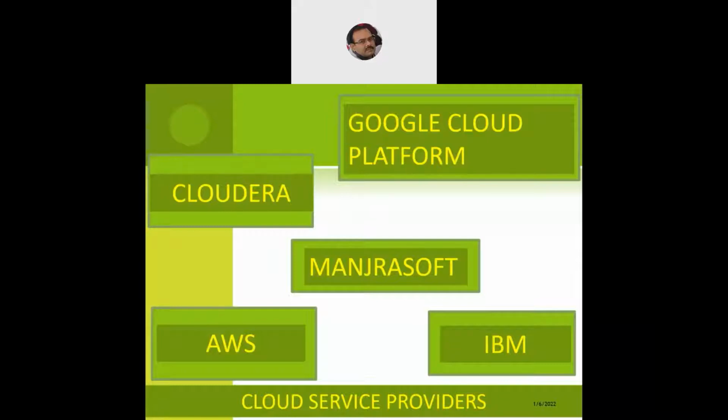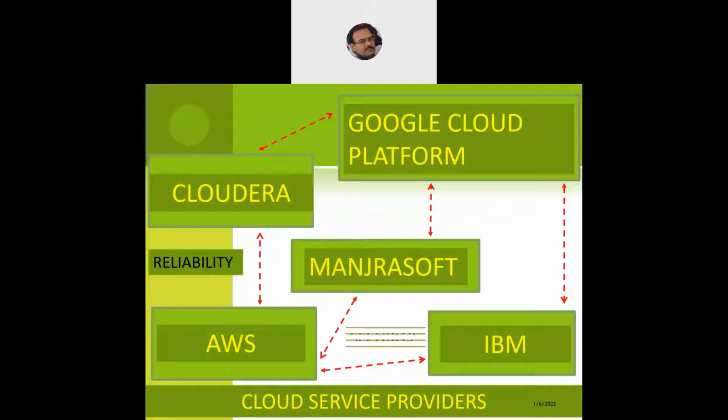There will be certain problems related to connectivity, which may or may not happen. The applications may or may not get seamlessly shared between the different cloud service providers. We can identify these parameters as reliability. If you are AWS and Cloudera is sharing their data, they will always have some trust factor deficit between each other. They may not trust each other's data. So reliability is one of the biggest problems when you go from data sharing among multiple cloud service providers in a cloud migration computing environment.